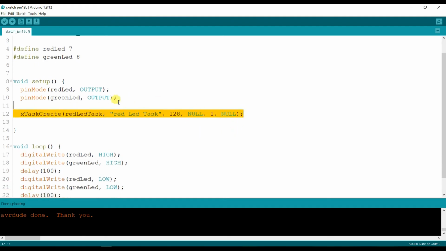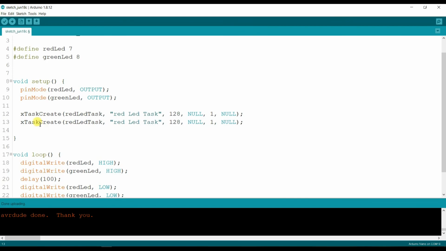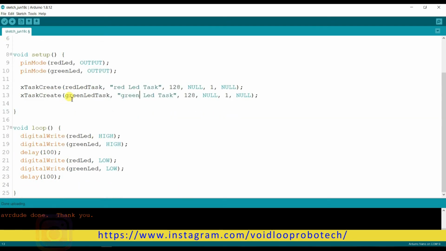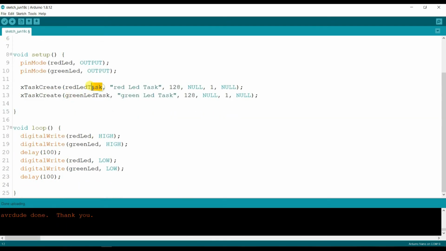Okay, and again I will copy this for green. Here also green. And here I will create two functions, one for the red LED task and another for the green LED task.